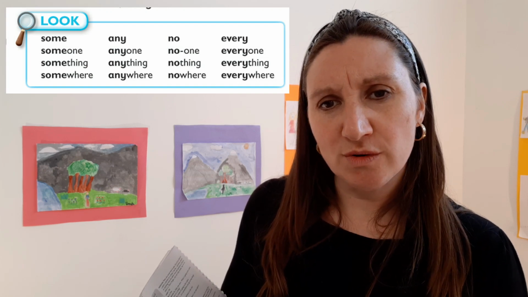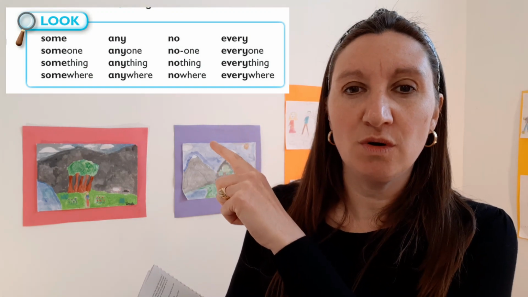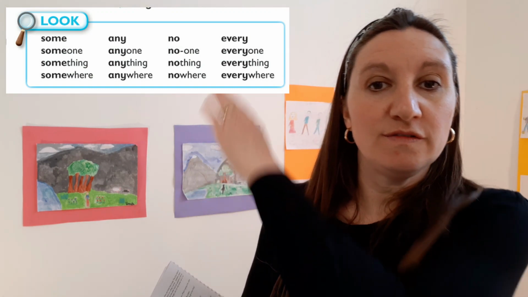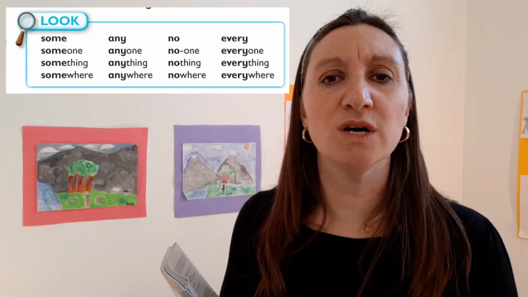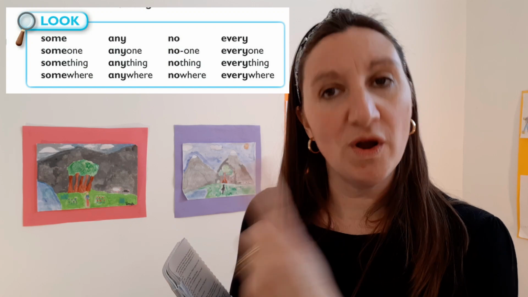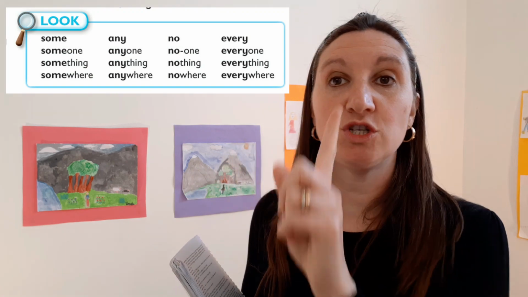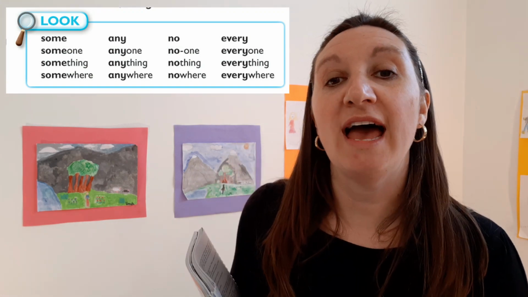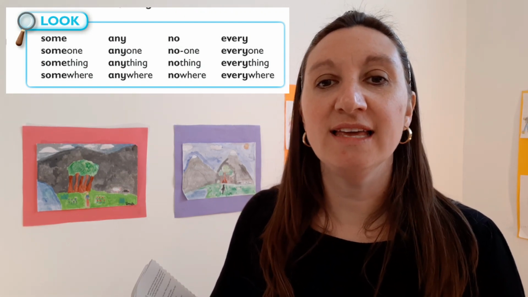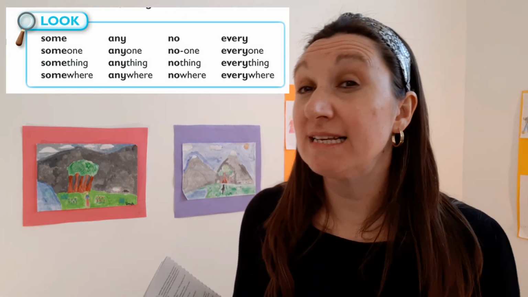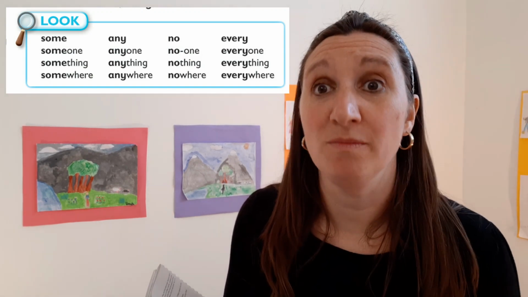What I want you to do is choose a different word for each of the four columns. I want you to use a one with one at the end, like someone, anyone, no one, or everyone. Choose one word, and then write a sentence that we could say. For example, we could say, help, I need someone to help me.